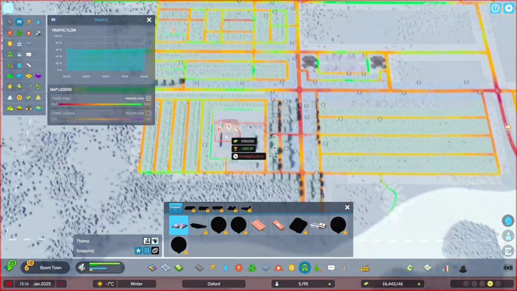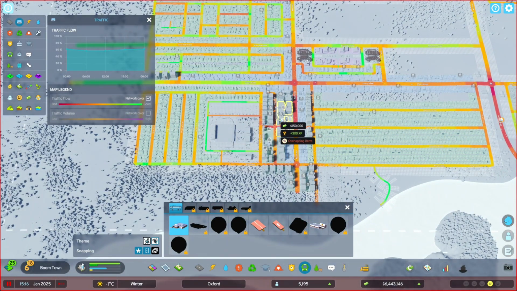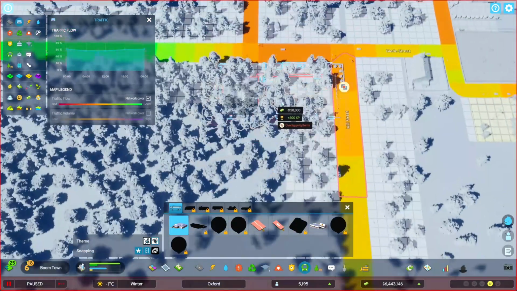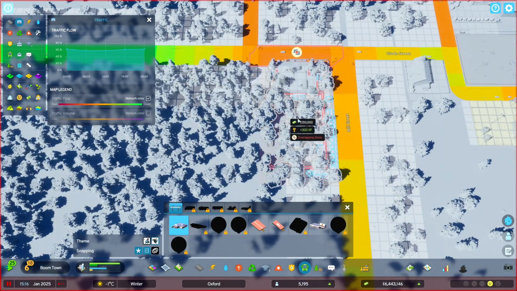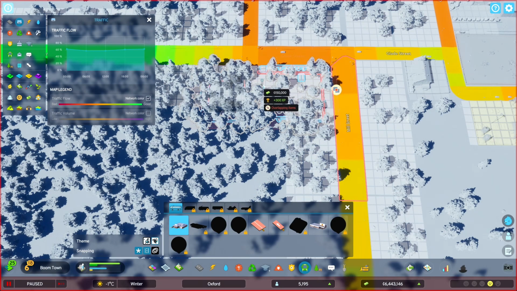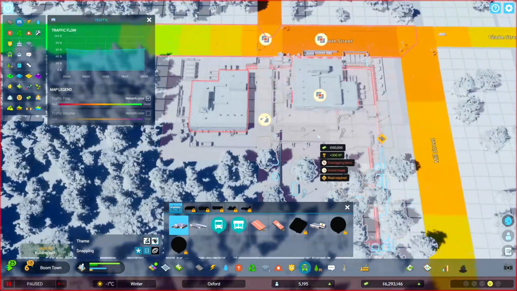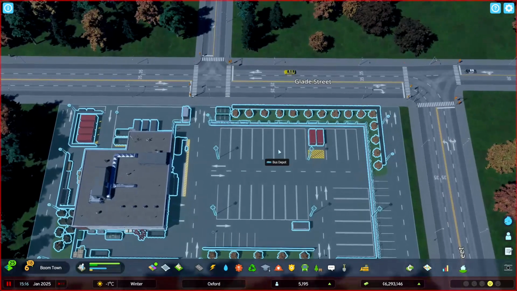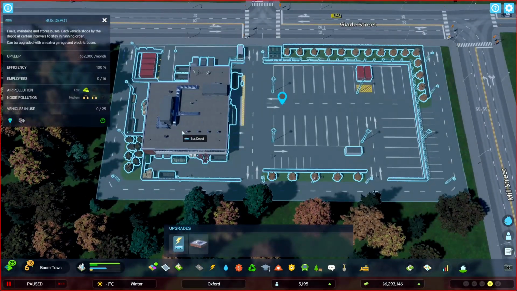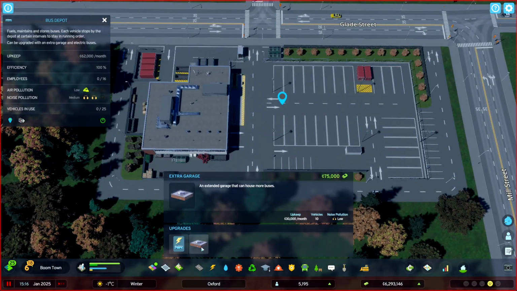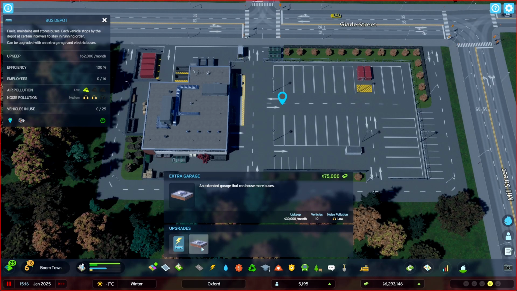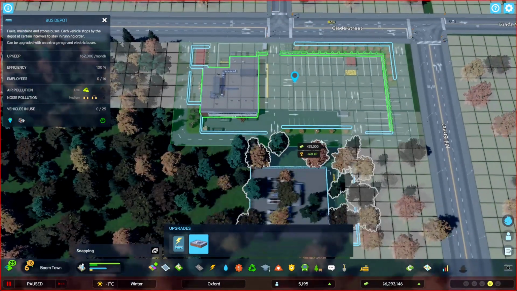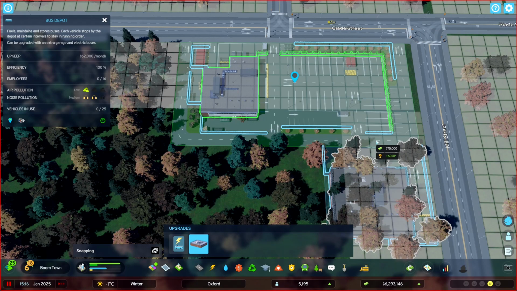Obviously saying that whilst adding all those extra residential areas is going to be adding lots more cars, but if we can throw in a bus system, make the spots where we place our bus stops fairly optimally, we should reduce the need for so many vehicles on the road. Now the first step, putting together any bus route, is we need the depot. So a couple of upgrades, we can have electric, so we'll maybe push for more environmentally friendly a bit later, but to begin with we just want buses coming out.